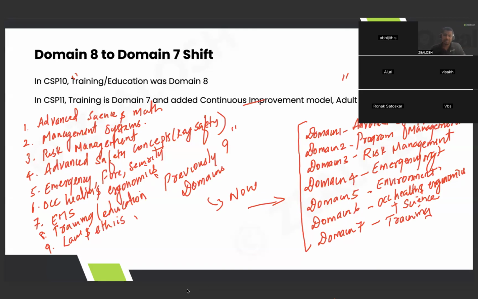Tell me, what is that? You might have noticed something by now. Something is not there, right? If you see domain 1 to 7, one thing is not there. What is not there? Yeah, law and ethics is not there. BCSP Code of Ethics, right? Previously, the CIT syllabus got renewed, maybe last year. When the new blueprint of CIT came, there also they removed law and ethics.